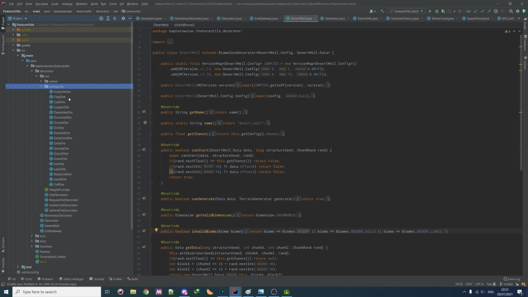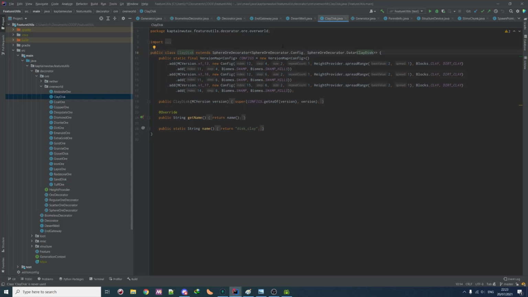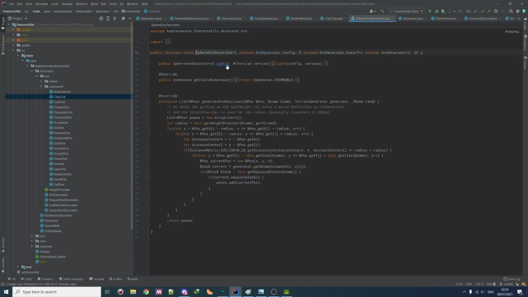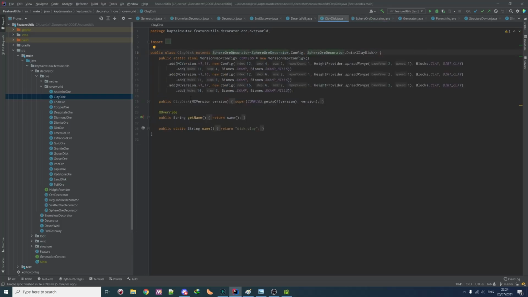recently. For example, let's go to the clay disk, which is a full decorator. For this one, you see that it can actually spawn in all the possible biomes which are valid for this one. So actually, it's all the biomes. Actually, I should specify that one, but anyway, normally you can generate everywhere, but only some actually use it. But anyway, you can see that for most of the biomes we have index and step of 12